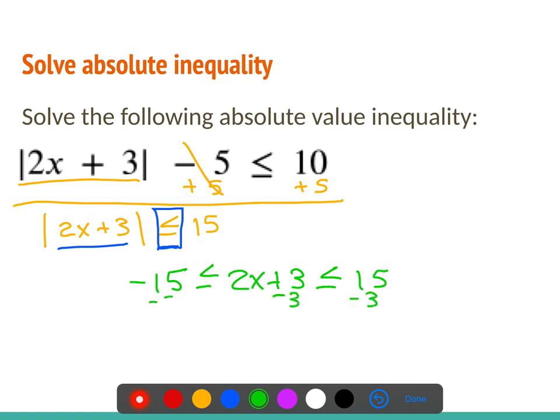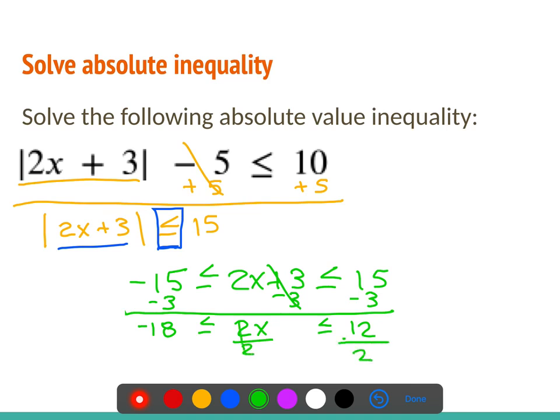I'm going to have to minus 3 from all 3 parts. Negative 18 less than or equal to 2x less than or equal to 12. Divide all parts by 2. Which gives me negative 9 less than or equal to x less than or equal to 6,